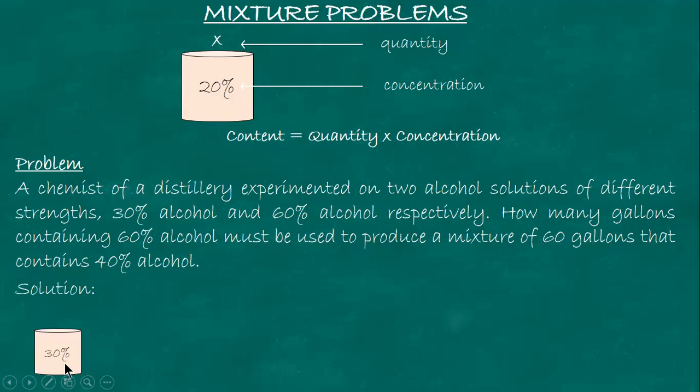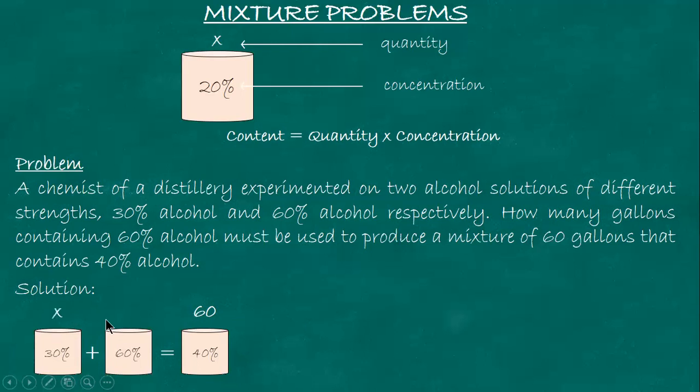So we have the 30% solution, whose quantity we don't know, and then you mix it with the 60% solution. Together, the result is 40%. But the final quantity is already set, to produce a mixture of 60 gallons, and the concentration should be 40%. So the problem is how many gallons of the 30% and how many gallons of the 60% are needed. The result could be 10 and 50, or 20 and 40, right? So for the correct solution,